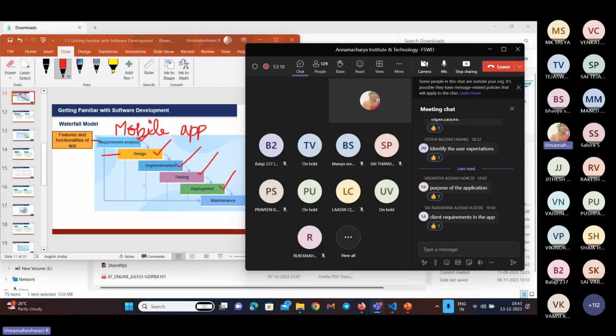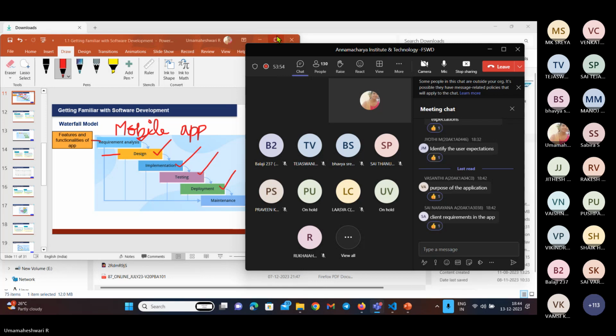So design means... What about the design? The first step will be analyzing the features and functionalities of the app. So second, design will be,